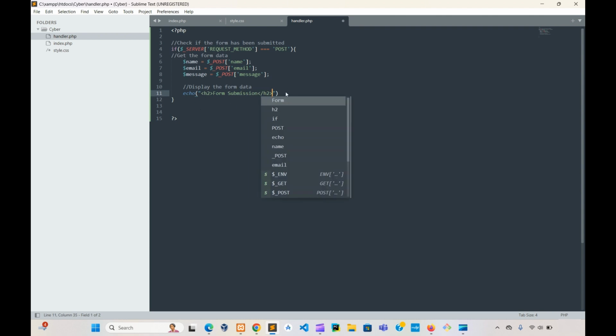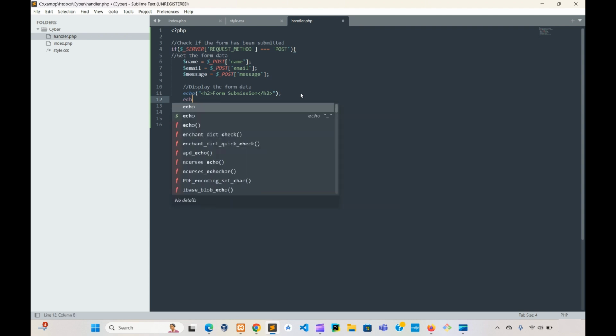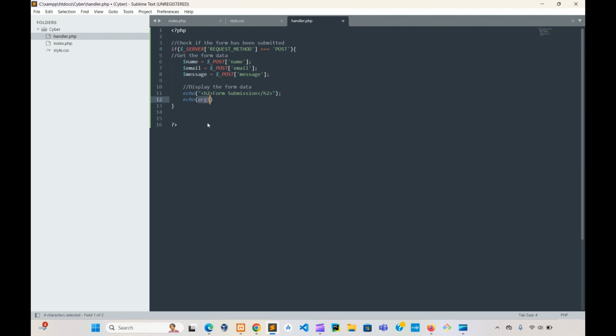This is what we're going to see when users click submit. You're going to say, okay, there's this form submission. It's the same as if you were to receive it in your email as well. Now let's retrieve the data from every single variable. We can say echo. Now we can give it some style. We can say paragraph, and inside that paragraph we make sure that it is bold. In order to get it bold, you can just put the strong tag and say email,